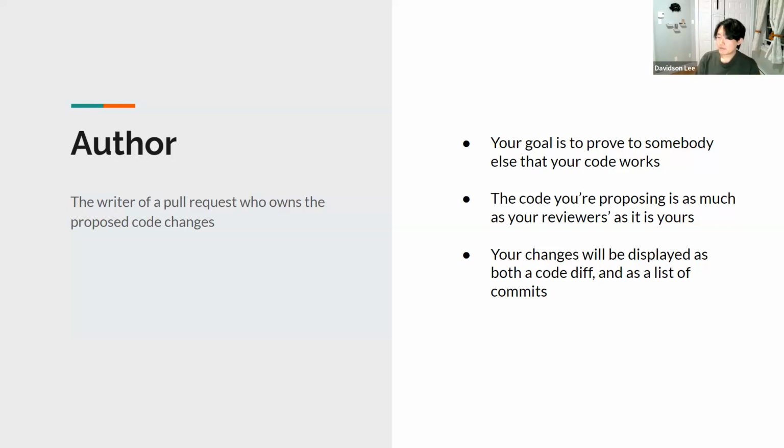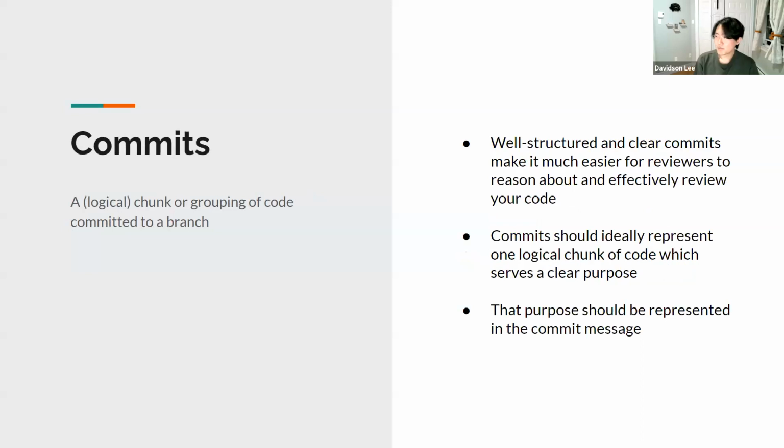And finally, as an author, your changes are displayed as both a code diff and a list of commits. A code diff is the green and red screen that I showed you earlier with the code changes, and commits are something that I'll go into right now. So commits, what are commits? Or actually, before that,